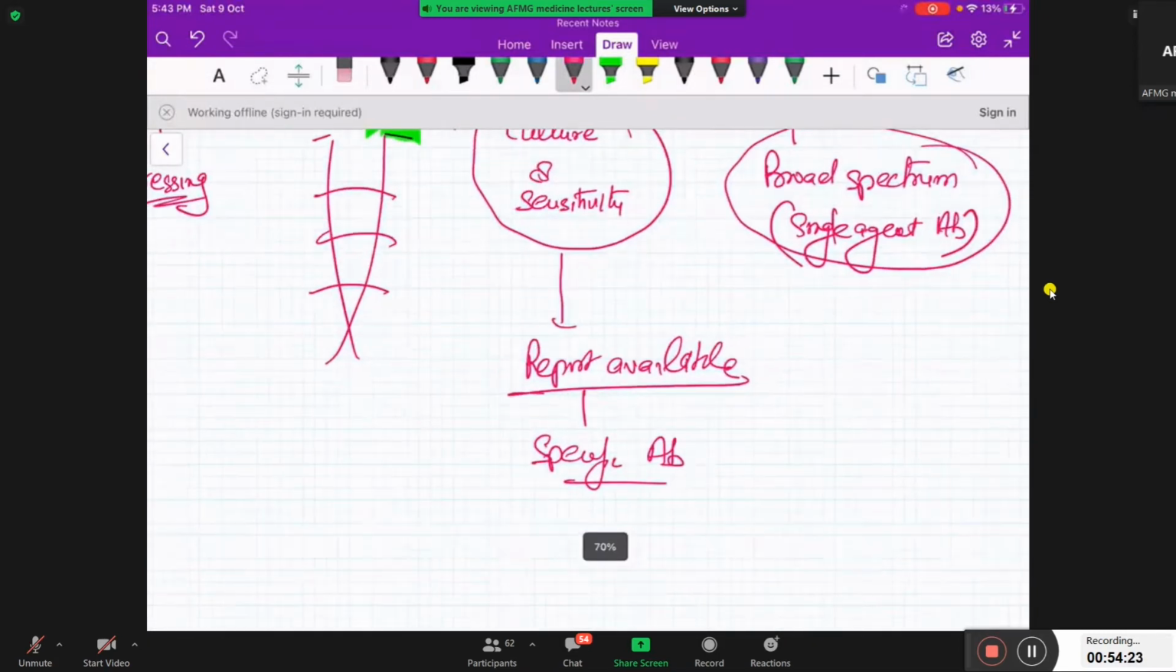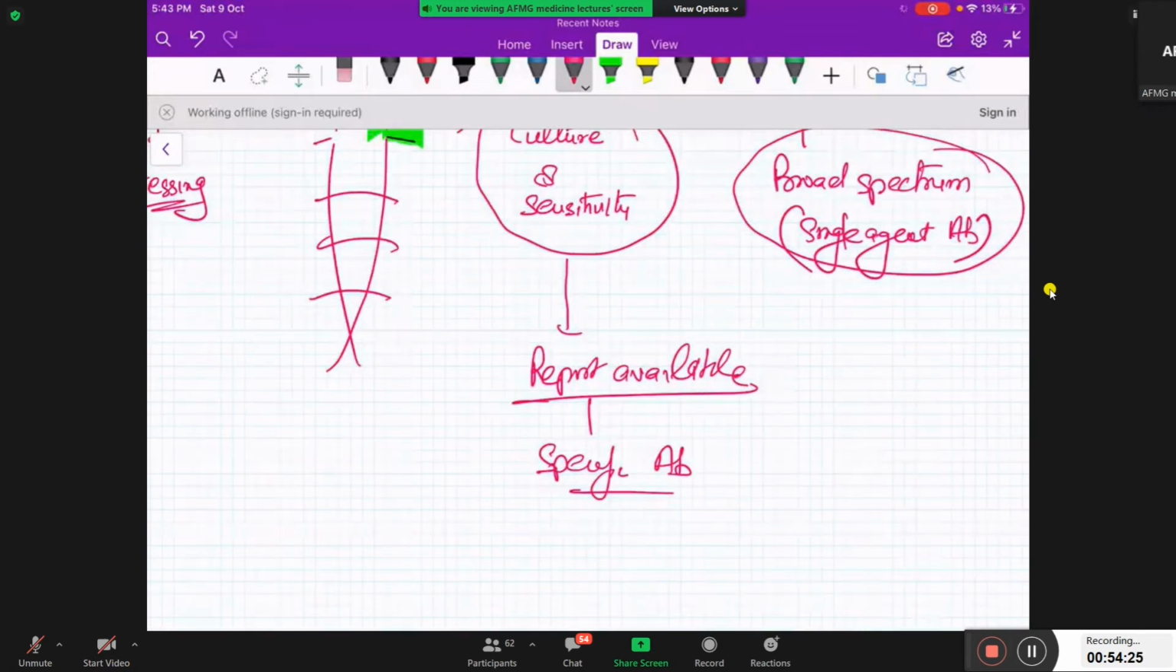Any doubt? How are you managing now? By secondary intention. Till the time, if it gets healthy,